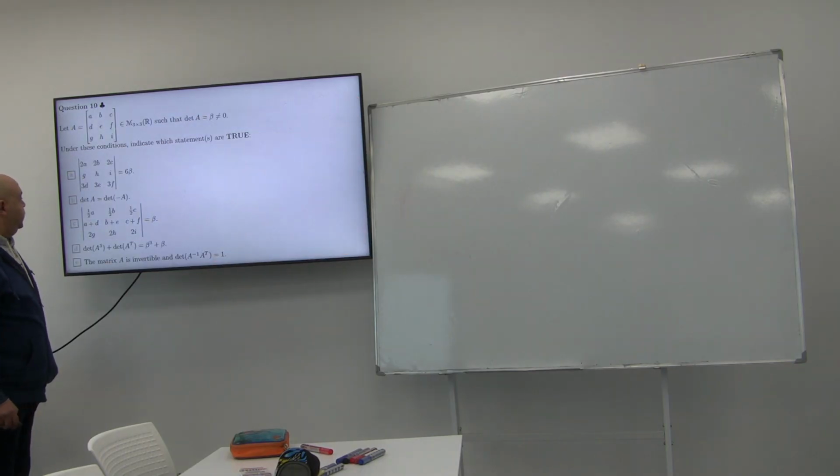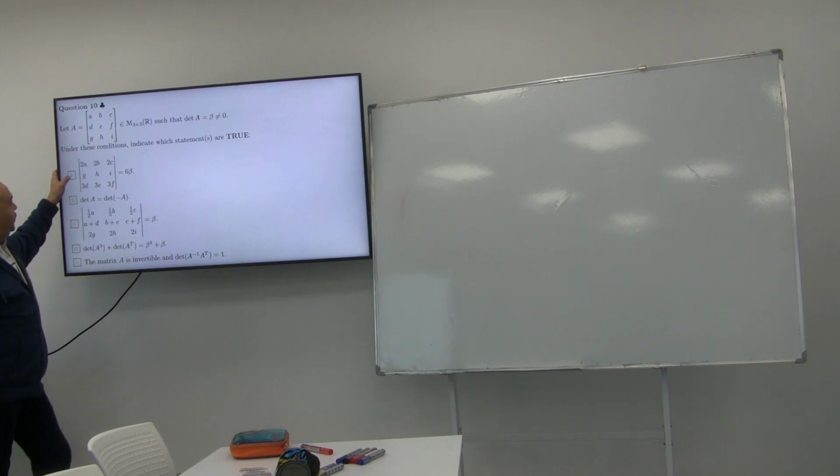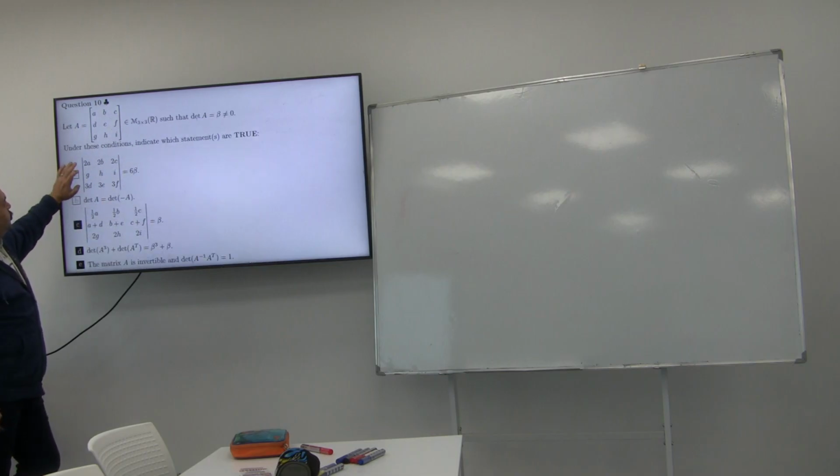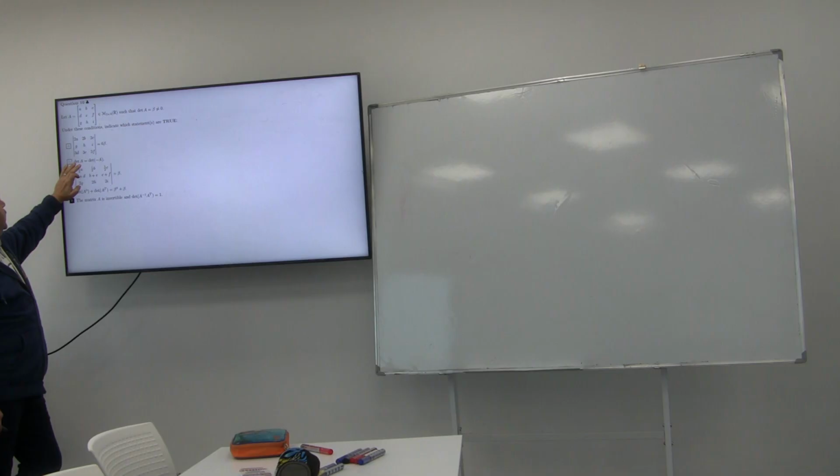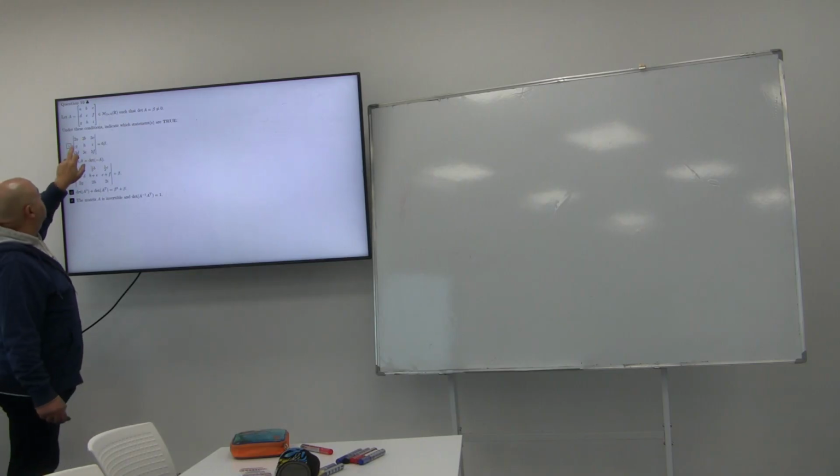Now for the final question in this exam, question number 10. Let A be the matrix with entries A, B, C, D, E, F, G, H, I, which is a 3 by 3 matrix. The determinant of A equals beta and doesn't equal 0. So as I told you, focus on the lines. You are given the matrix and its determinant. Under these conditions, let's look at A. Here in A you are given 2A, 2B, 2C. So we multiply the first row by 2, we multiply the second row by 3, but we replaced the second row and third row. And for this,